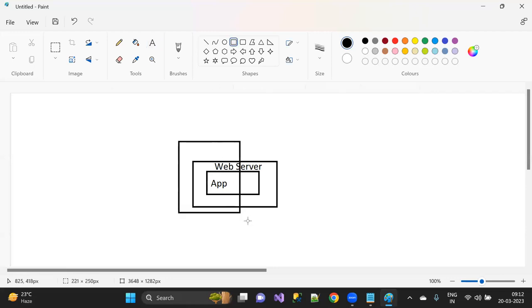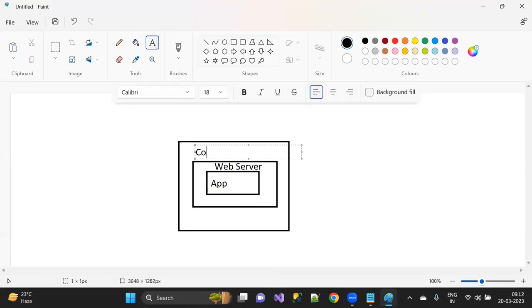Now, this software is going to be installed where? On some computer only, right? Computer, or simply an operating system. So the application needs to be hosted on a web server. A web server is a software, and every software has to run on a machine, and that machine, which we call a computer or an operating system, is what we call a server, generally speaking.